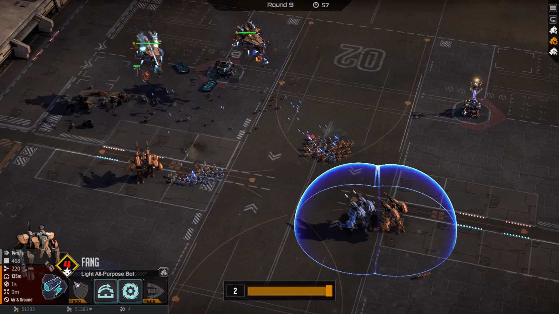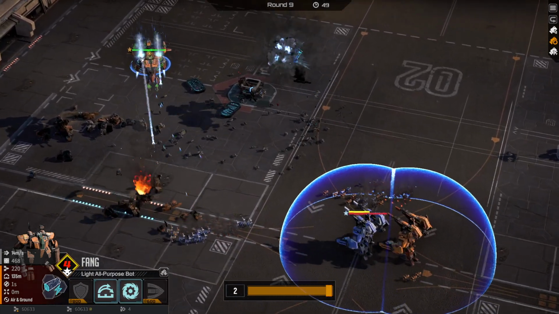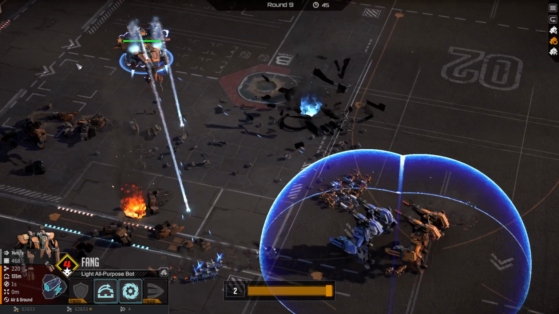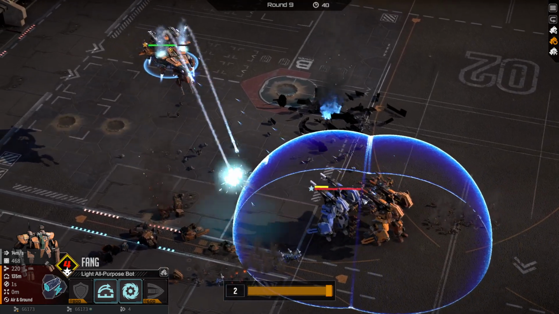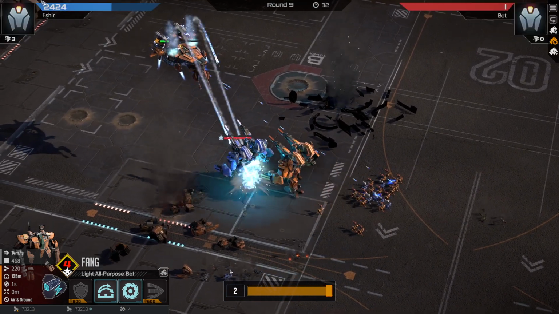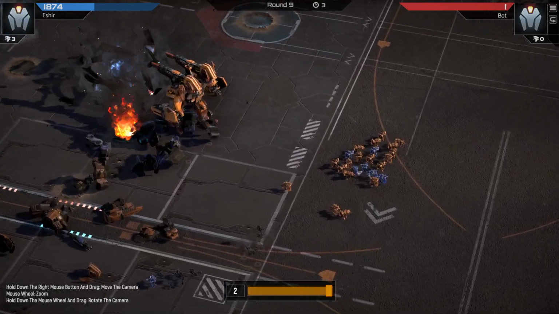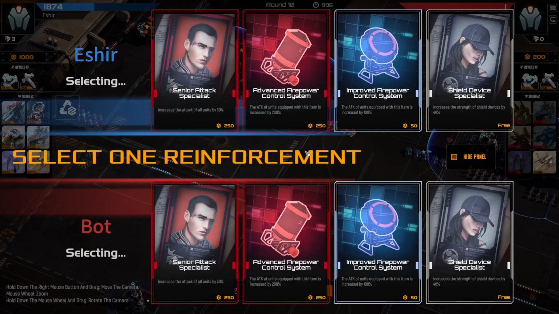So at this point, I need to deal as much damage as I can. And that's kind of the other reason to spread out your overlords into the strike zones. You need to deal as much damage as you can when you're fighting them, so that way you can absorb a loss or two. So that wasn't too bad of a loss. Luckily,